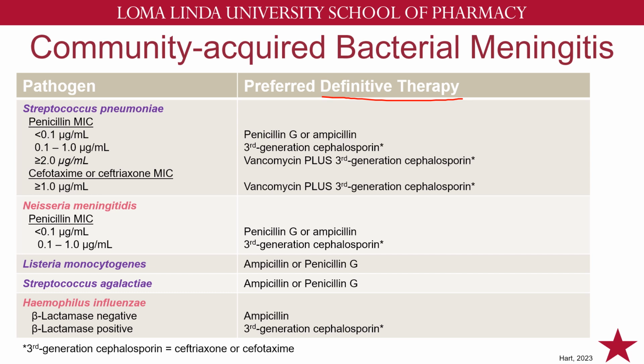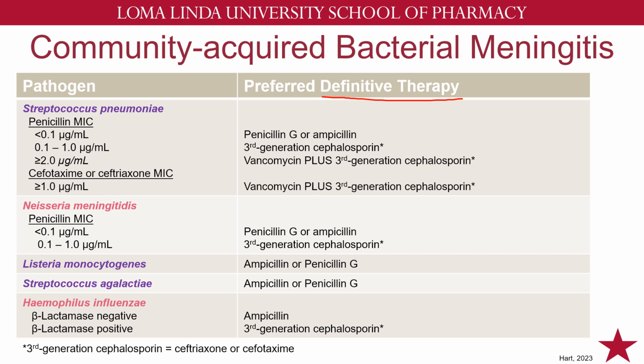And so we don't mess around with CNS infections. We will empirically start as if these pathogens are very resistant to vanc. Or not, sorry, not resistant to vanc, but have high MICs to penicillin or cephalosporin. Once we can definitively say, based on the microsusceptibility report, that the MICs are not as high, then we can